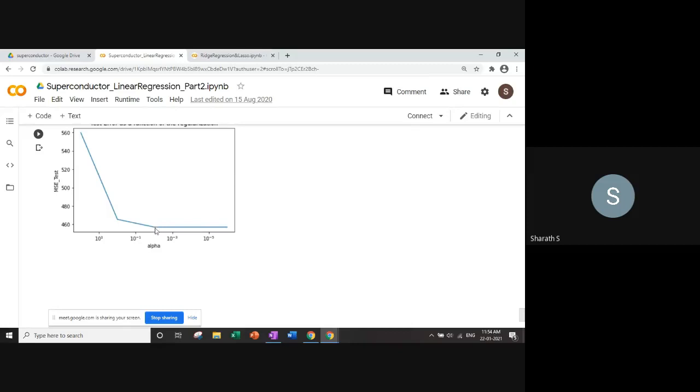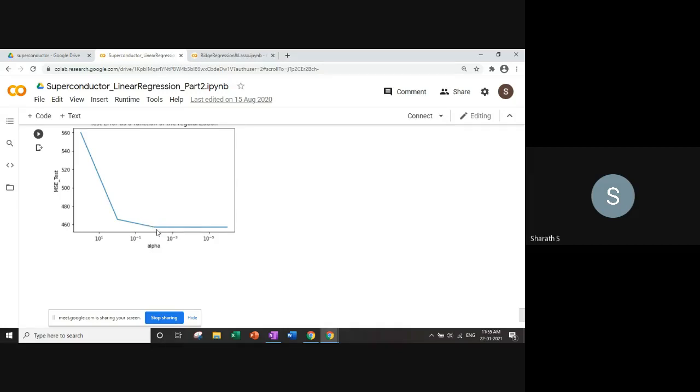Now the minimum is somewhere here, so you could choose the tunable value between 10 raised to minus 3 and 10 raised to minus 1, and that should give you a good range. If you look at the test error, you see 460, which is at the same level as the ridge regression. So you get the advantage of ridge regression with the same sort of test error, and you have thrown out a significant number of coefficients, making your interpretation of the model much better. But you should be careful in choosing the tunable parameter.